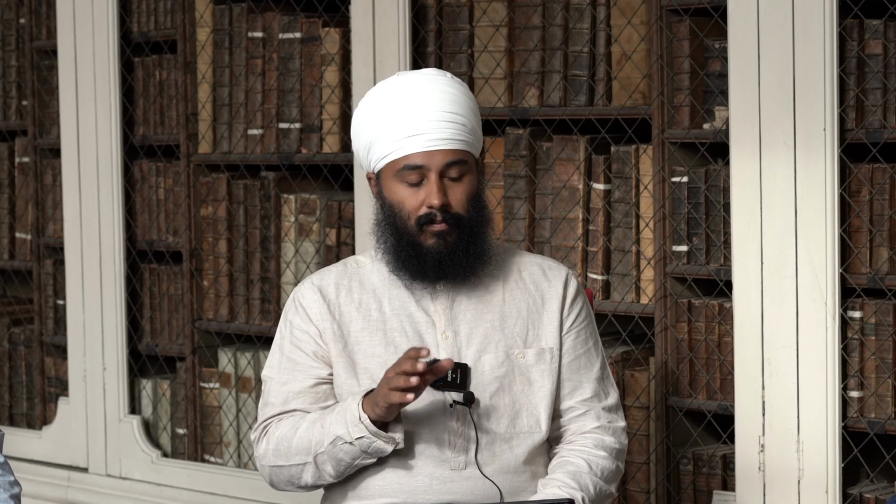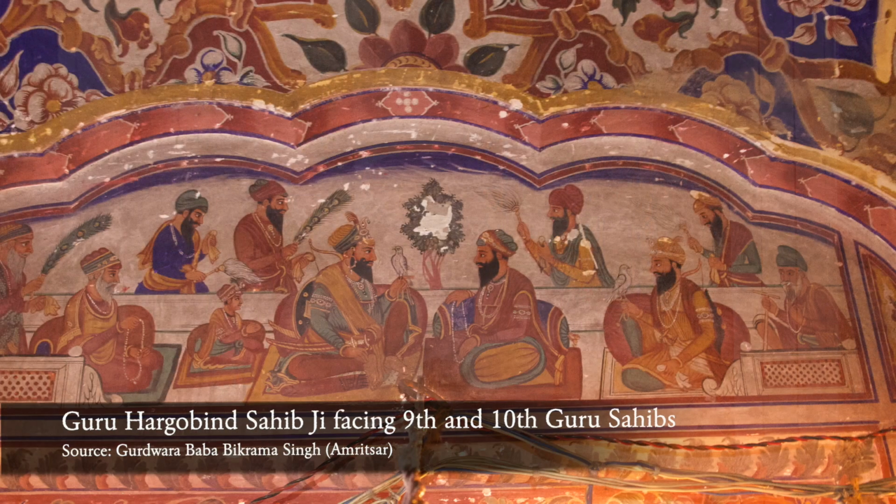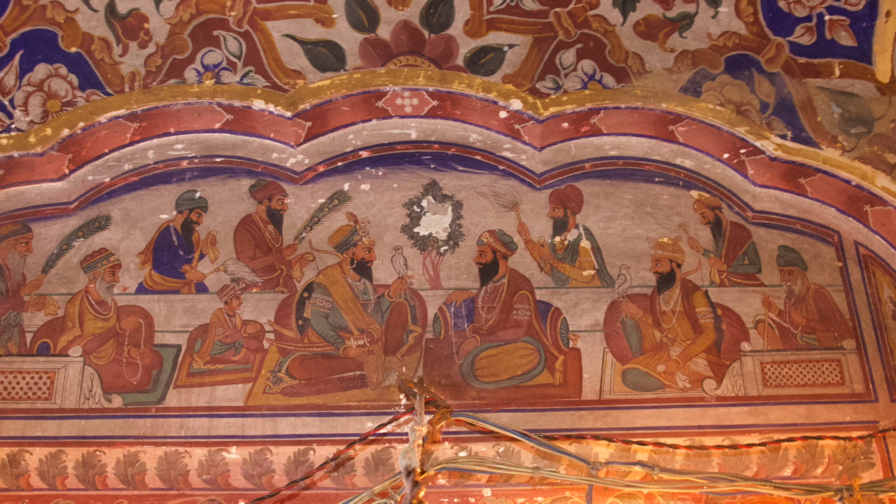And there aren't that many left due to time and neglect, and a lot of the good examples were left over the border in partition. What you have in the main Samad, besides the paintings that we've discussed in depth of Baba Sahib Singh, is a wonderful depiction of the 10 Guru Sahibs. We have probably one of the only depictions of a taus, which is the peacock-shaped instrument